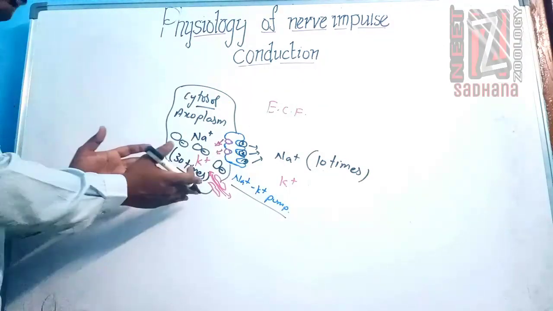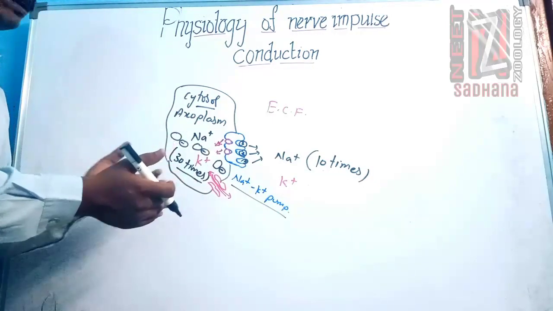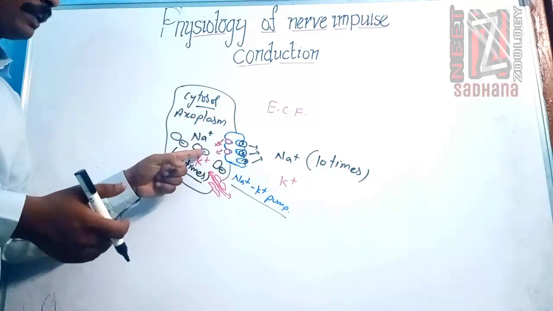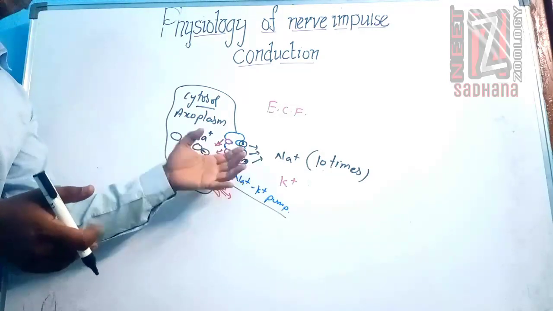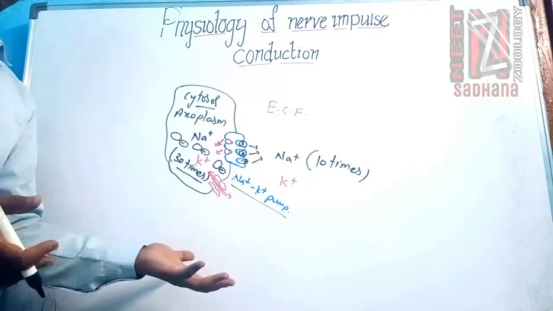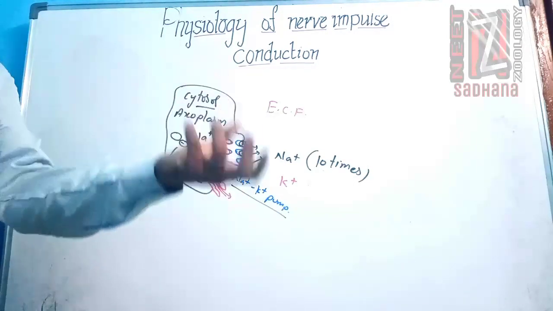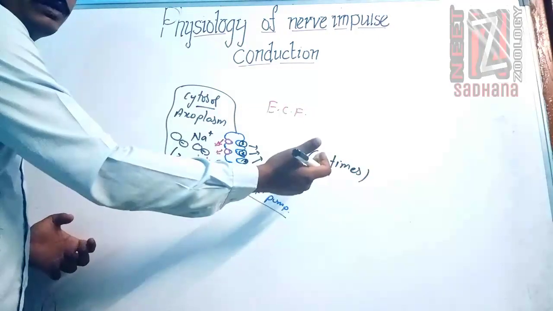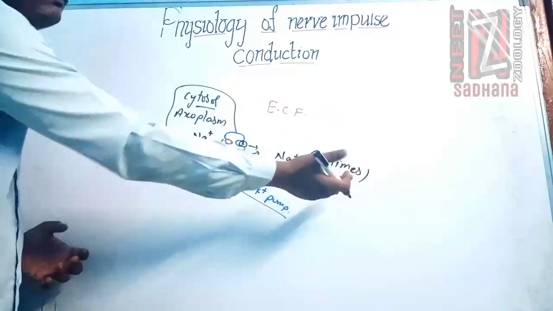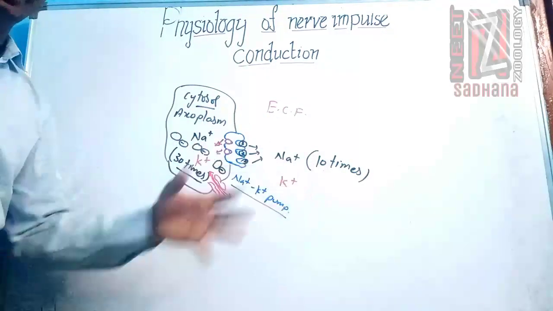So remember, potassium is more inside because potassium is permeable. We have permeable ionic channels, and the proteins will be holding it. The negative charge will be holding the positive charge. And the sodium can't come in because you don't have permeable channels. Sodium will be coming in only for the time of the action potential. So it can't come in. So sodium always stays out. So outside the sodium will be more, 10 times more only, not more. It will be only 10 times more because no one is holding it here.